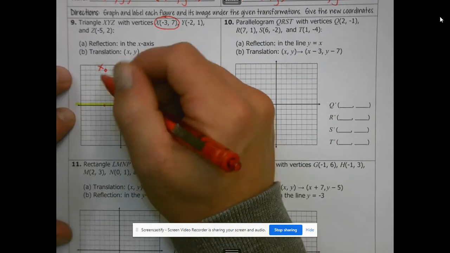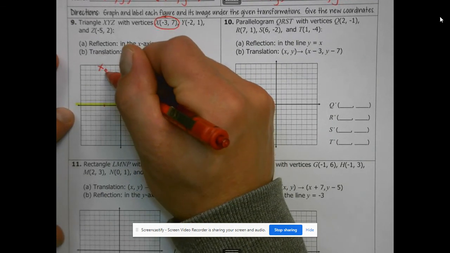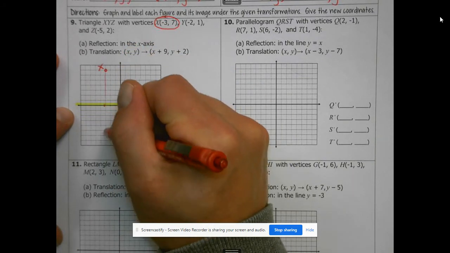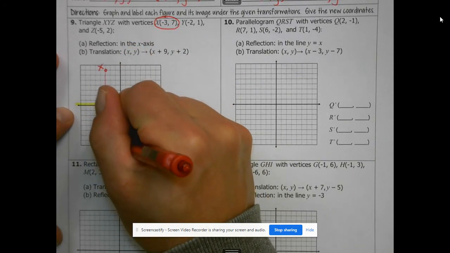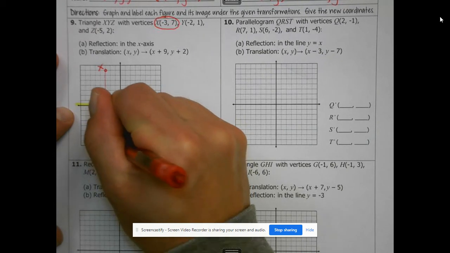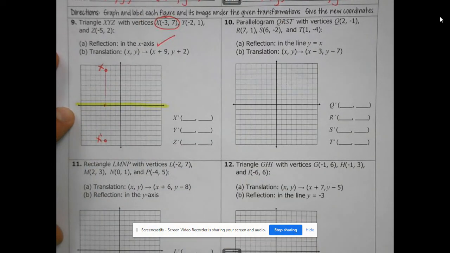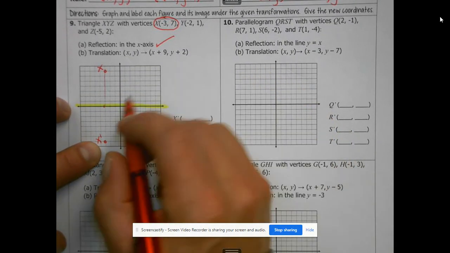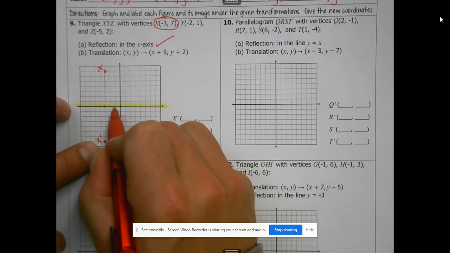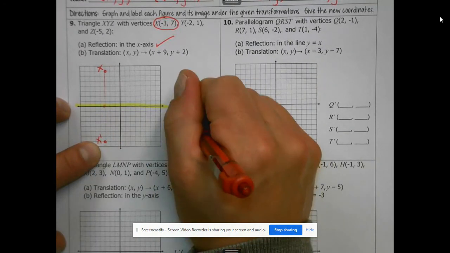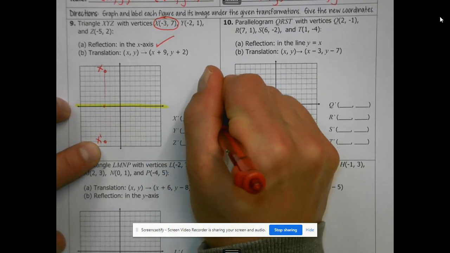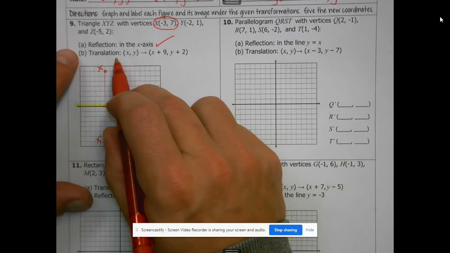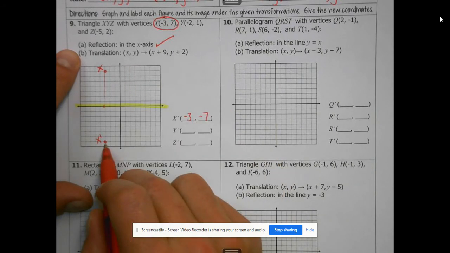All right, so how far is x away from the x-axis? Well, this is 7 spots this way. So I got to go 7 spots this way. And then label it x prime. First translation, done. X prime is back 3, down 7. Back 3, down 7. Now, to get the second transformation, I have to take the new point, x prime, which